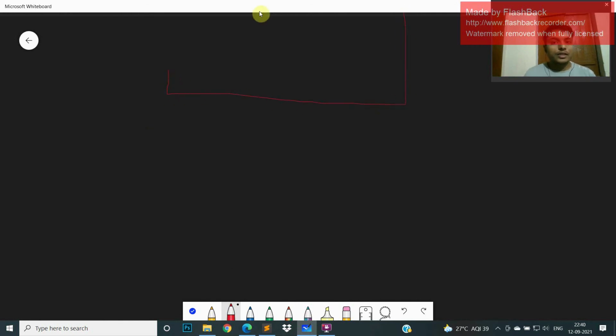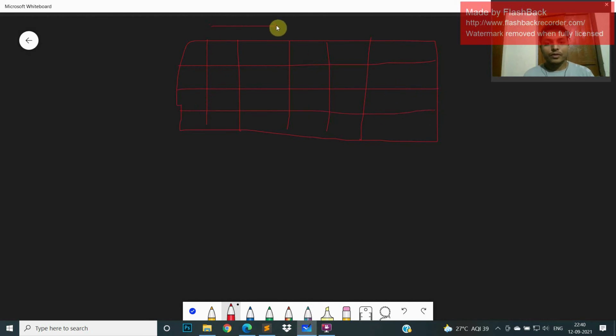We have a sitting plan, something like a matrix. We have m columns and n rows.